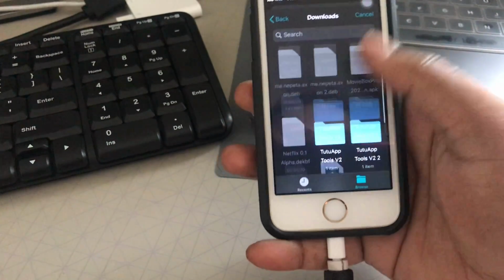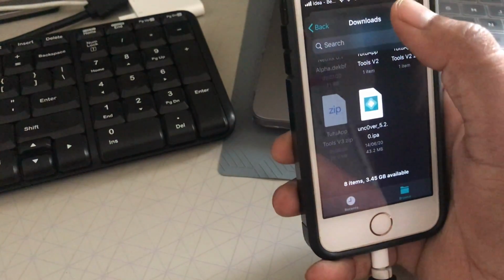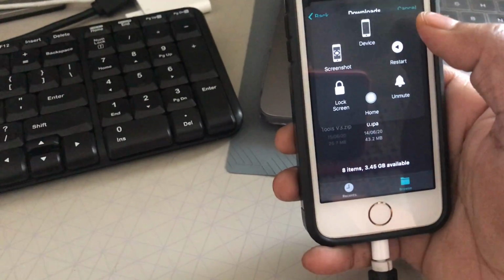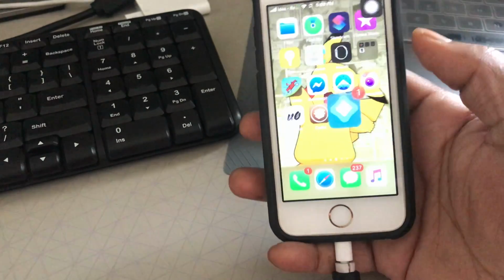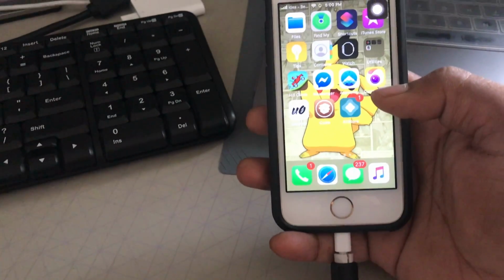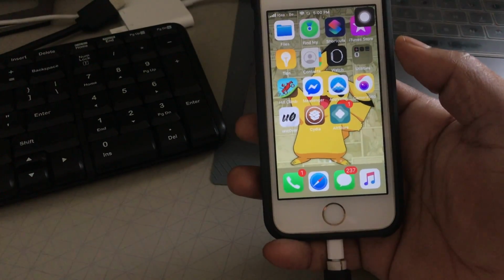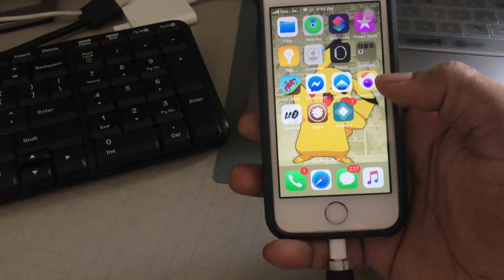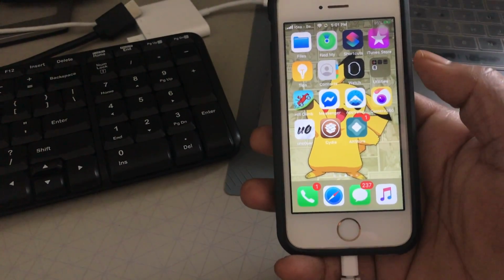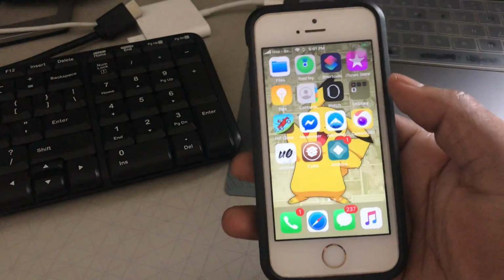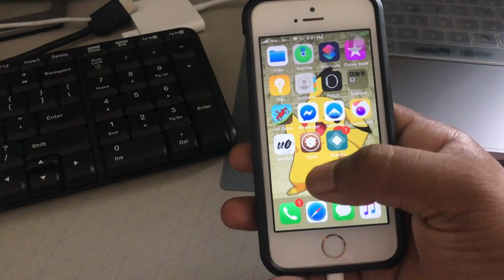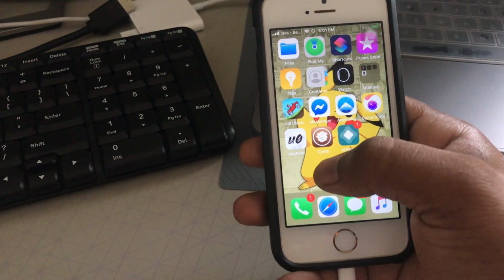Now as you can see, I have used AltStore to install Uncover on my device. For that you need an IPA file. You can manually sign it for 7 days and you can install Uncover on your device. I'll leave a link in the description for both methods, like no computer and AltStore. So make sure you check those videos, and I do have a website so you can check on my website too. I'll leave a link in the description.